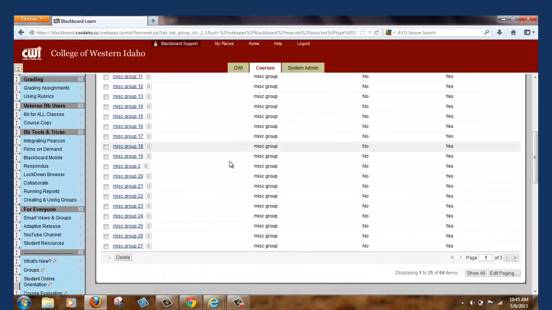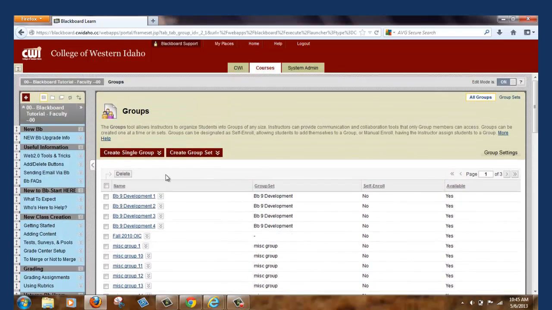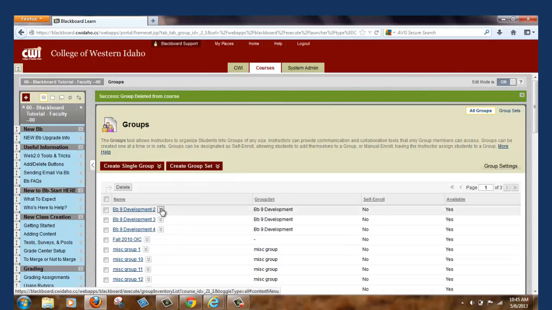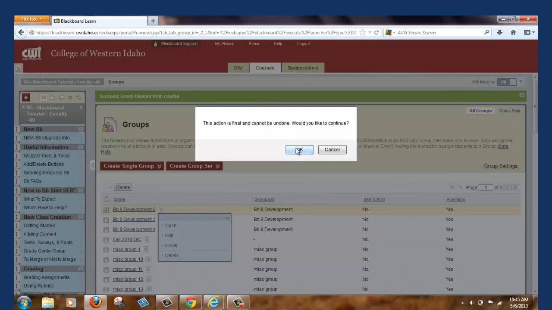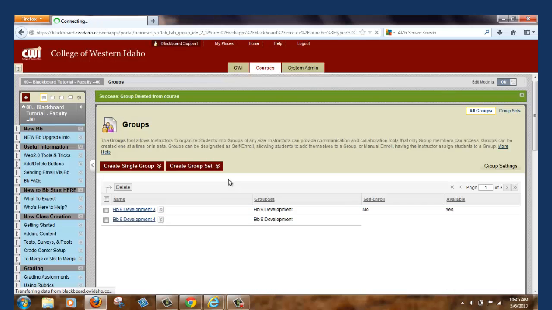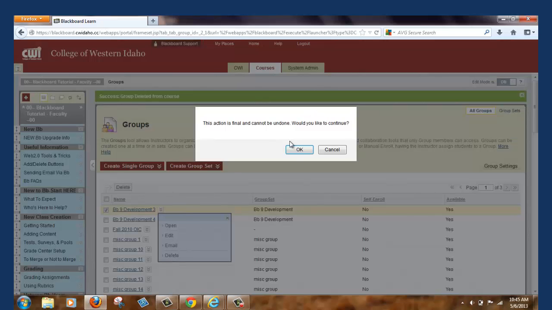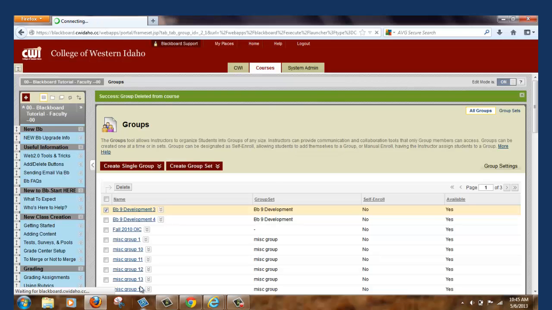If you are not using specific groups, you can delete them as well. And all of this helps to clean up your Blackboard site, which means that there is not as much data there, and it's therefore easier for you to export and import. So I've deleted some of these,